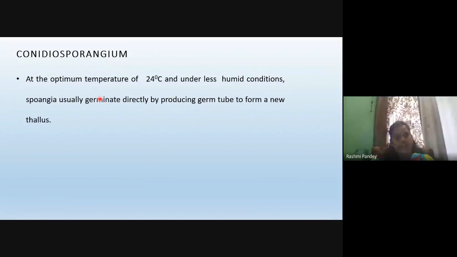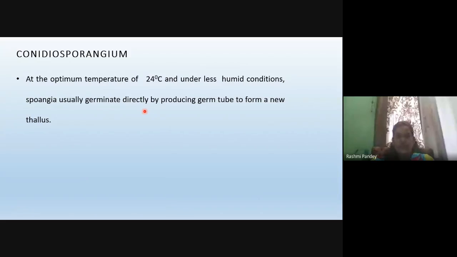The sporangia itself behaves like a conidia, which germinates. So such kind of sporangium is called a conidiosporangium, which directly gives rise to the new fungal organism. So that's why those kind of sporangium are called the